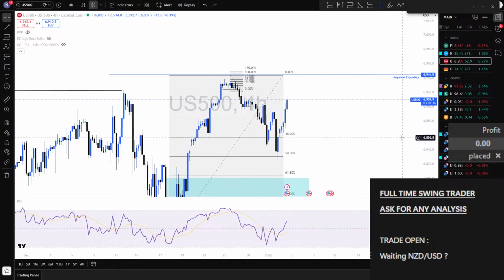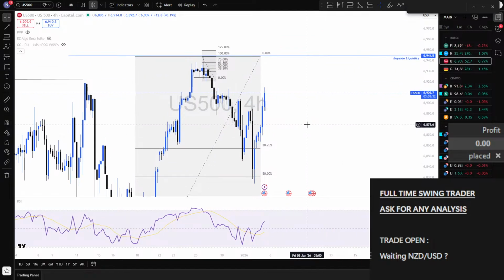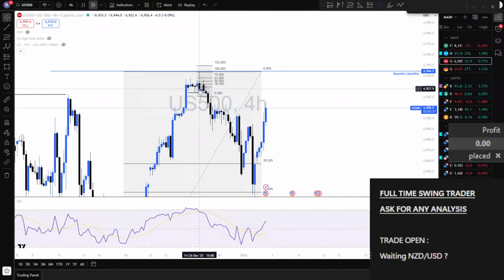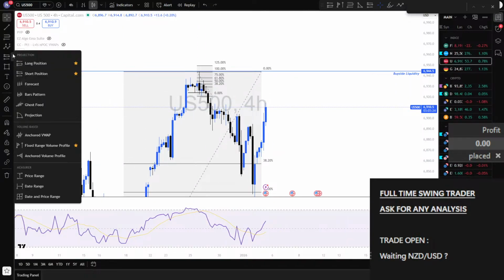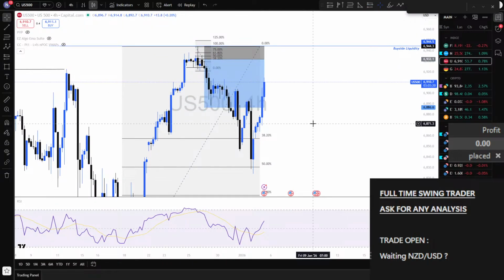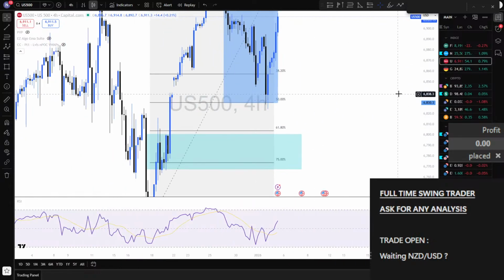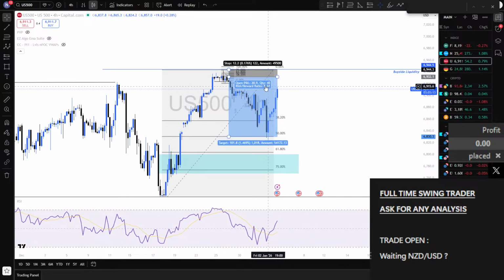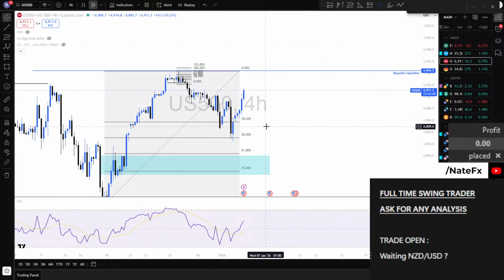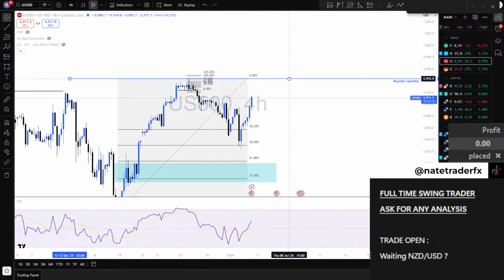SP, for those who trade that, he did what I said. So since he broke this, basically the trade to take was around there. And he was supposed to clean at least the 50% of Fibonacci of this. That's what he did. And now he's breaking bullish. Probably going to do a new high.